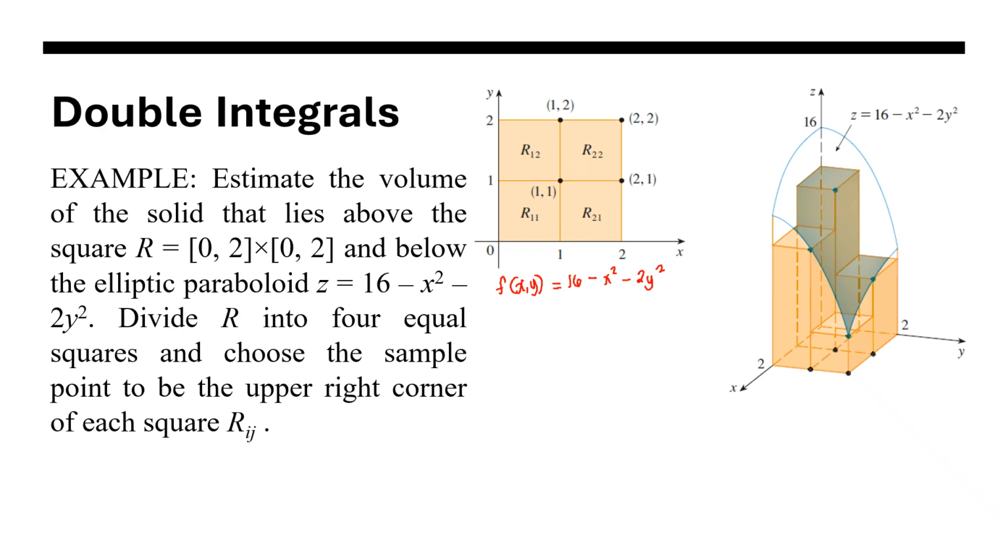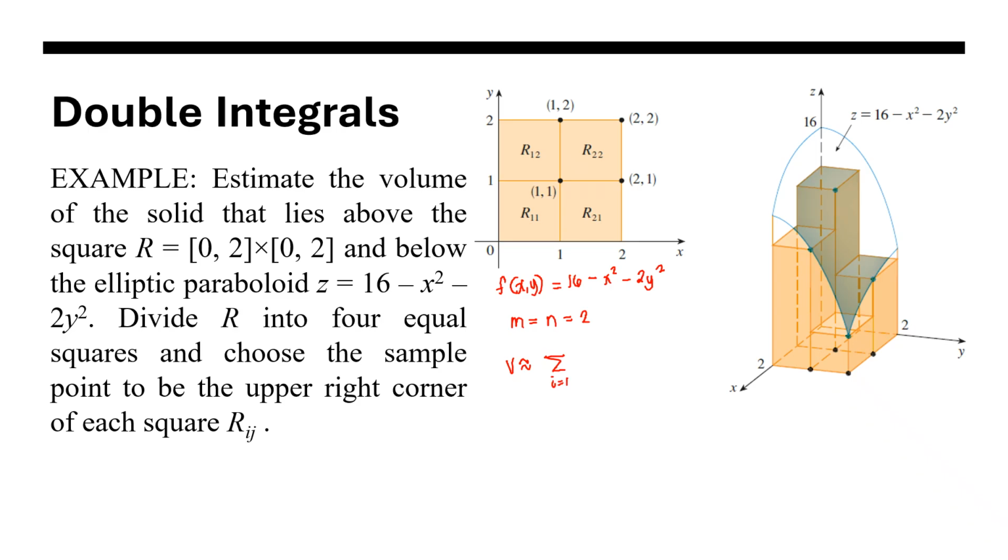Approximating the volume by a Riemann sum with m equal to n, which is equal to 2, from the formula that we had in the previous slide, the volume is approximately equal to the summation,